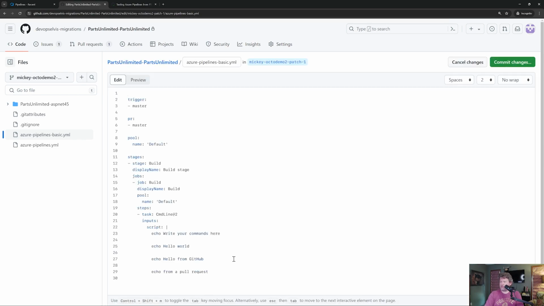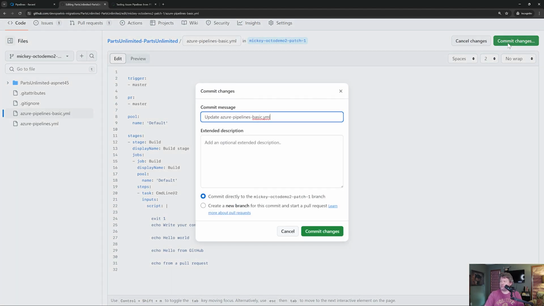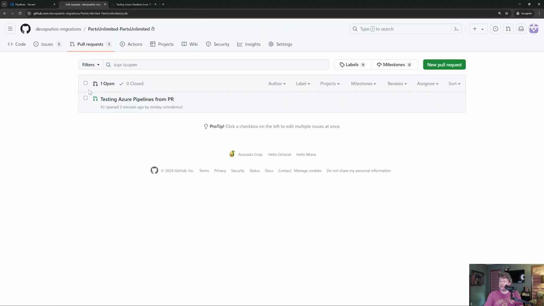So let's edit this file and let's just do an exit 1. And an exit 1 should make this fail. Making this fail as the commit message. So if we commit that change, and then we go look at our pull request,